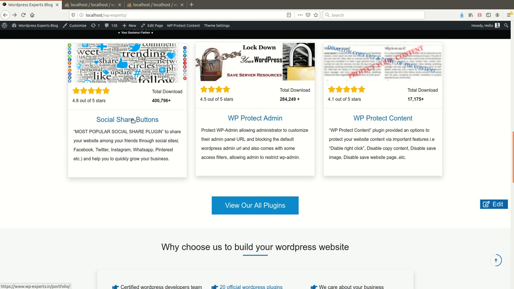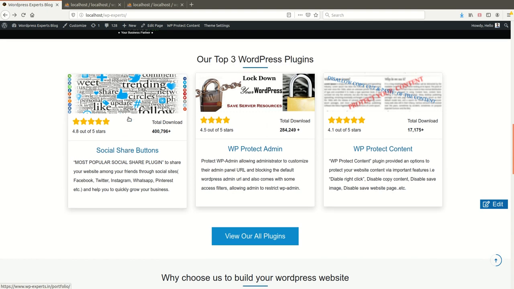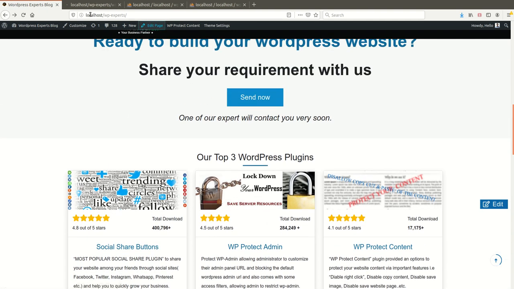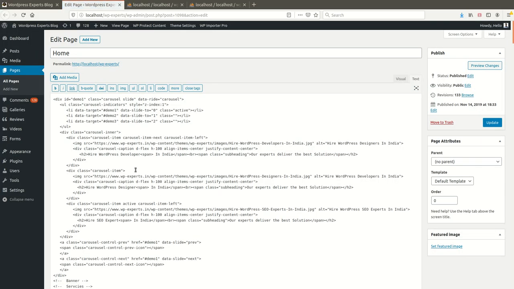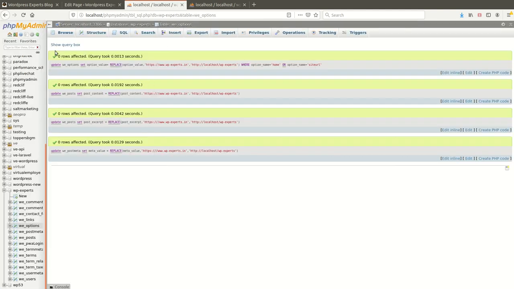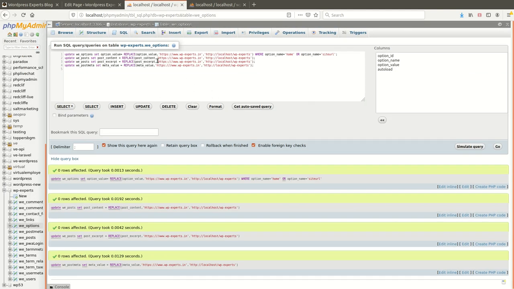Let me see why this happened. Check it manually. WP experts, maybe we have not tried the WP key.